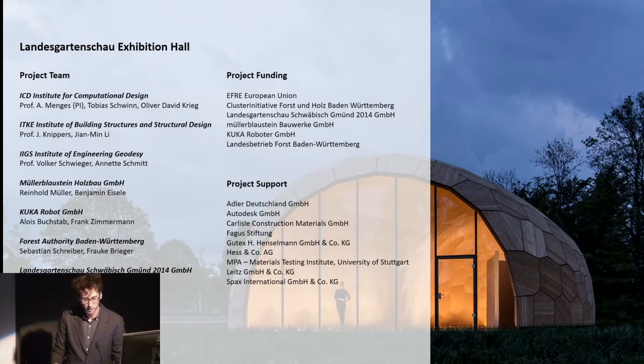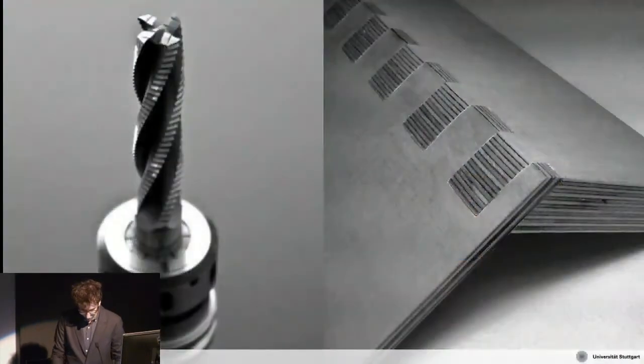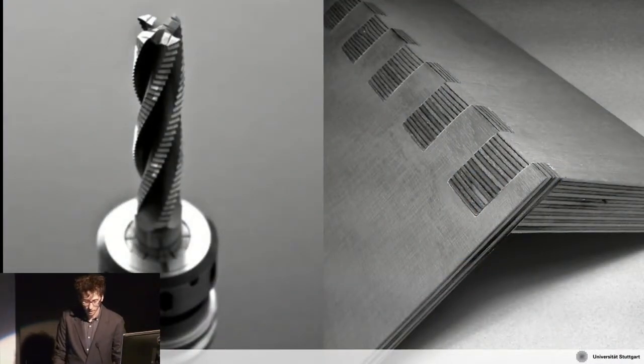One of the bigger trajectories that we have at our institute is the research into segmented timber shells, basically looking into how we can produce panels of flat timber segments that are joined together to form a continuous shell structure. That was initially enabled by research into very classic timber joints, very classic timber construction, and looking basically into how, for example, this finger joint that you all probably know from IKEA furniture in the drawers,